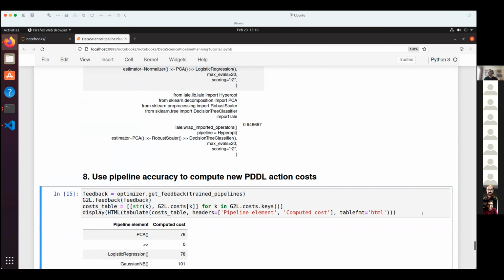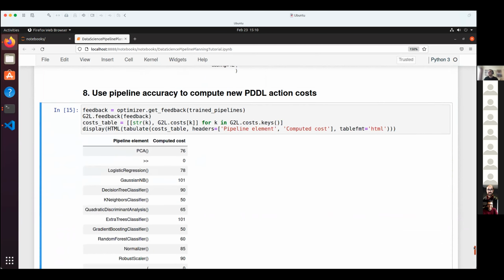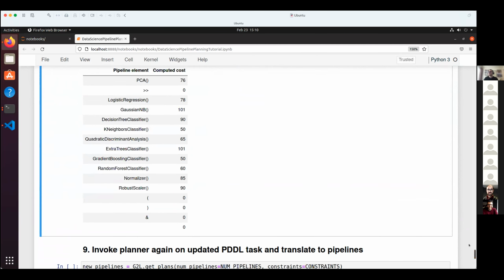And if I run the next one, this is what it is, rounded. So PCA is 75, 76. K neighbors classifier is the lowest, it's 50. So it maintains its kind of original cost. Gradient boosting classifier is 50, probably because I didn't see it in the original data set. So you can take optimistic or pessimistic assumptions, or maybe I did see it, then it did well, I don't